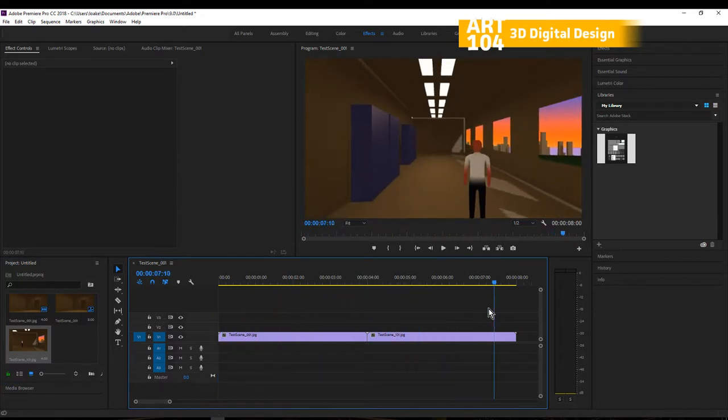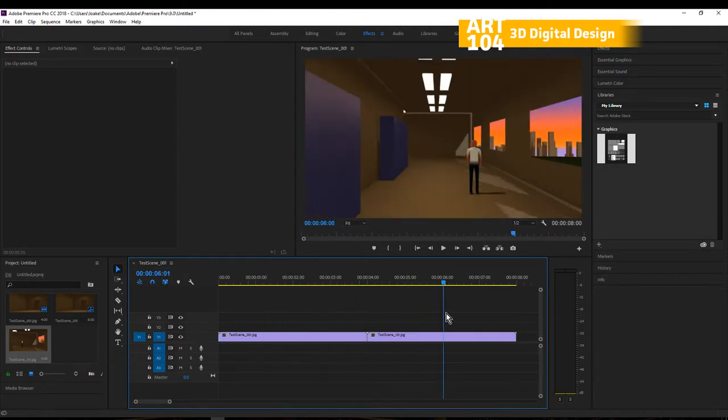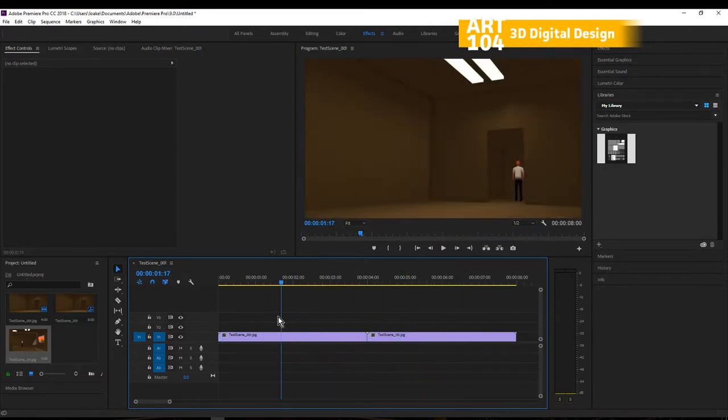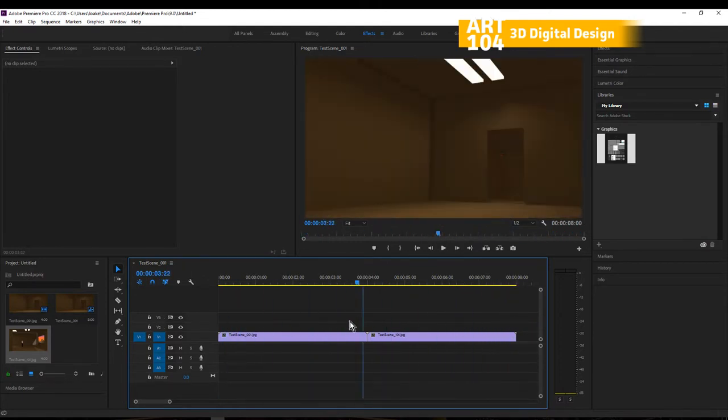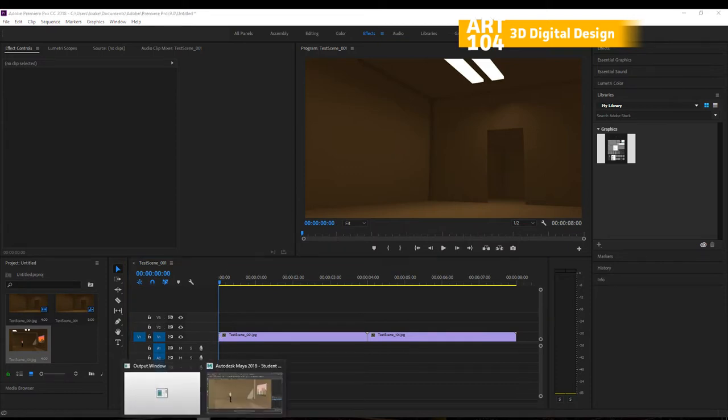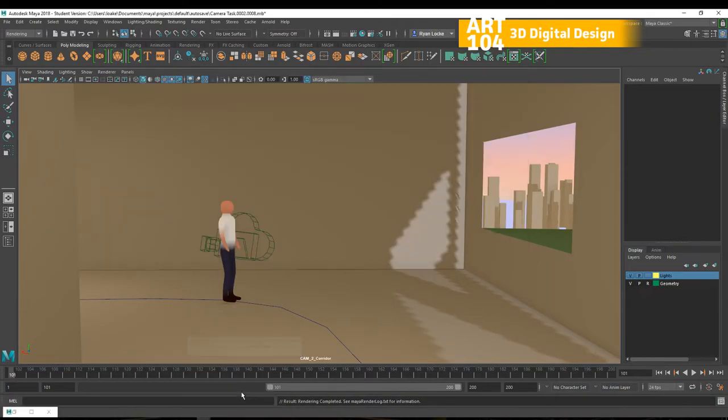Everything's looking good. The gamma's not so good. We can see the image is certainly a lot darker than we would like, but we can fix that sort of thing inside Premiere nice and easy. So there we go. And last but not least, the final render of the day is scene 200 to scene